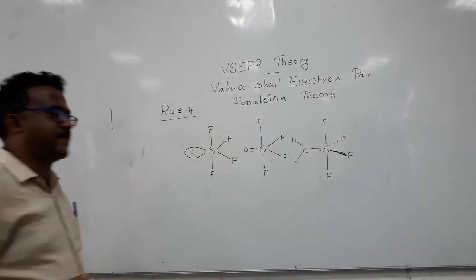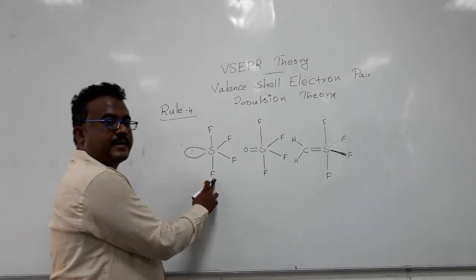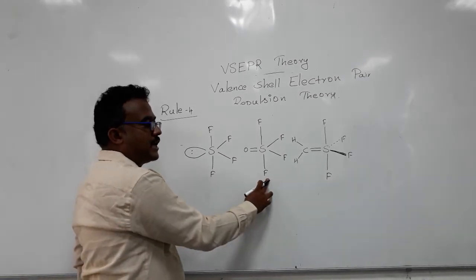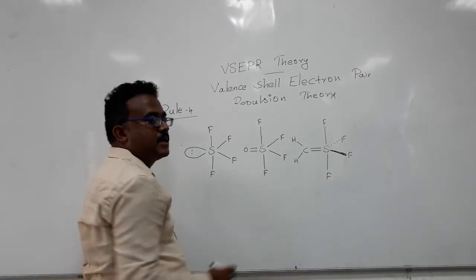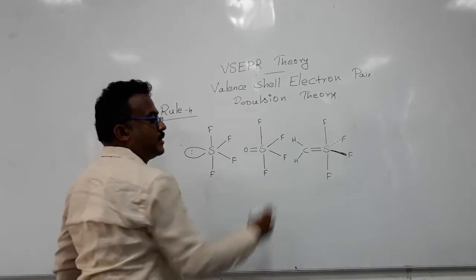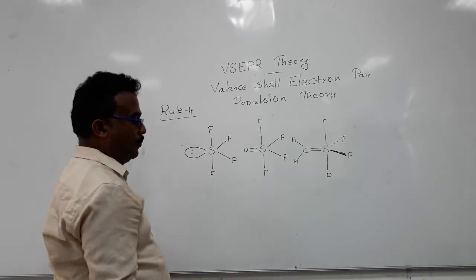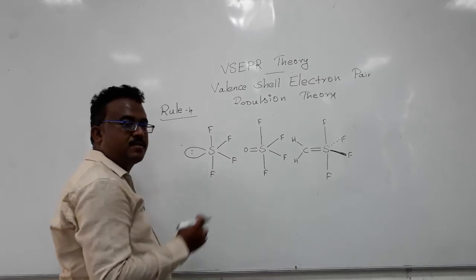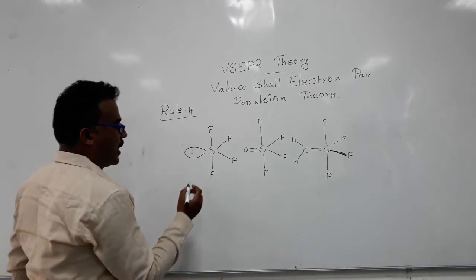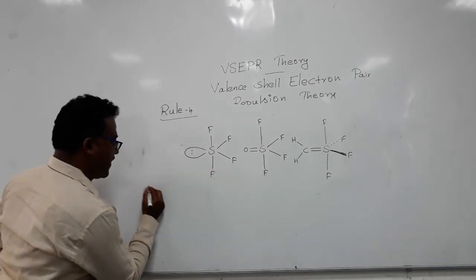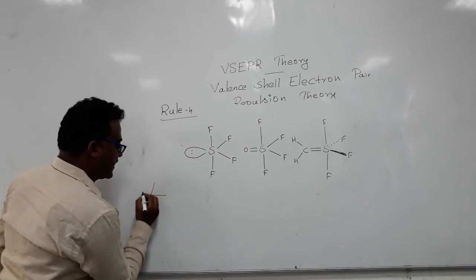You can see these three different molecules. The first one is sulfur tetrafluoride, then thionyl tetrafluoride, then SF4 with one double-bonded CH2 group. So let me compare these three molecules by their bond angles. For example, if I take the bond angle of axial